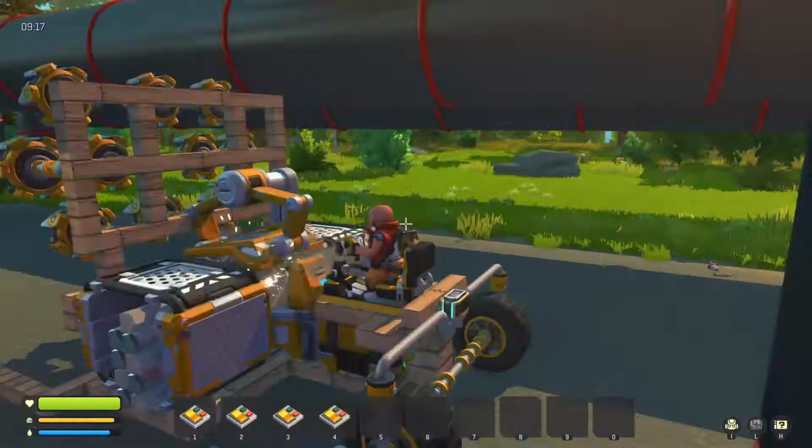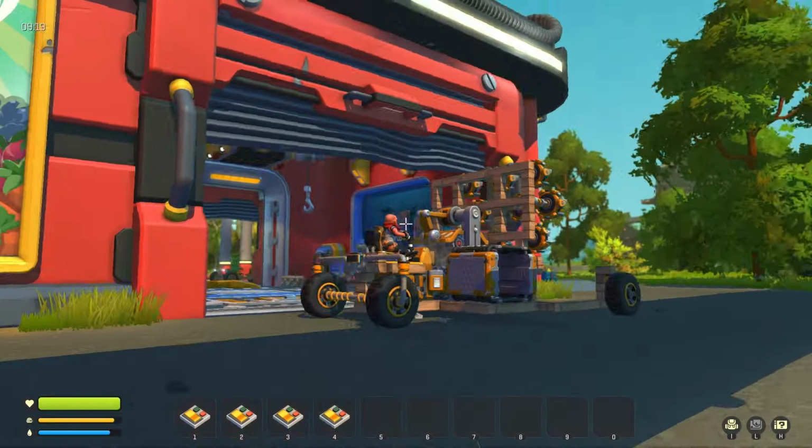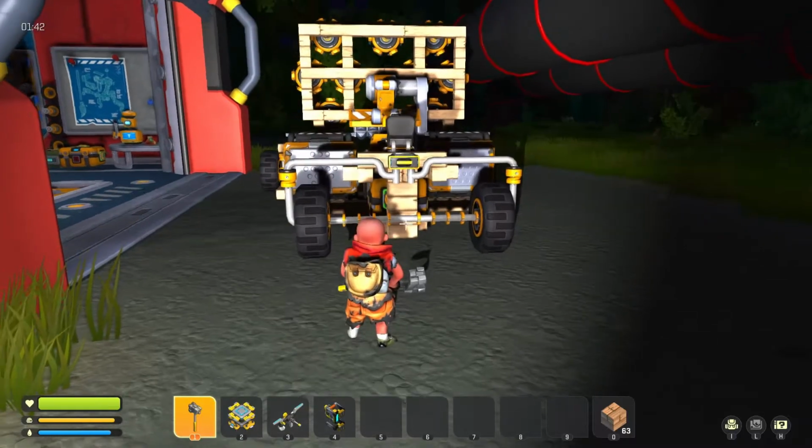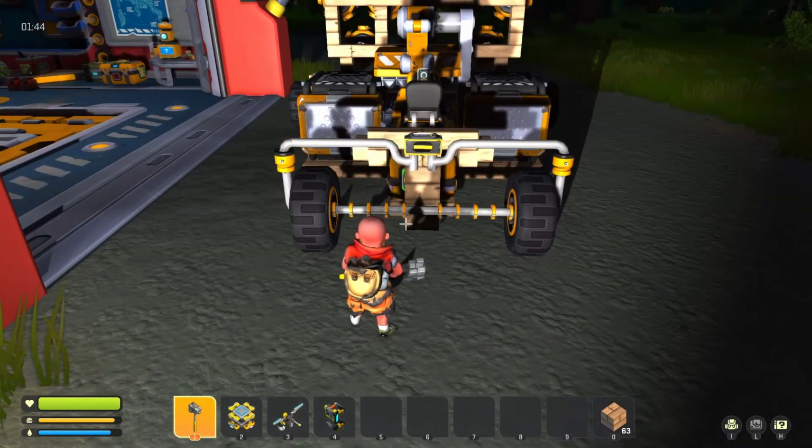Now we're off. Okay, forward. Back. Is the thing... Oh, it's spinning. It's spinning, but it's not doing anything. Why is it not spinning? Alright. I really thought this would work, but...